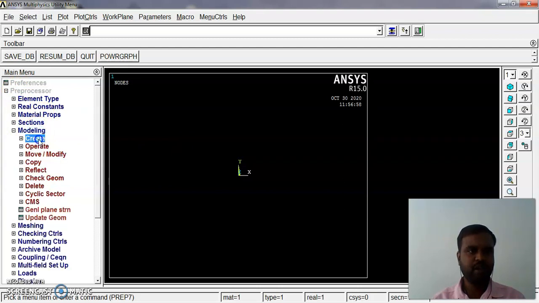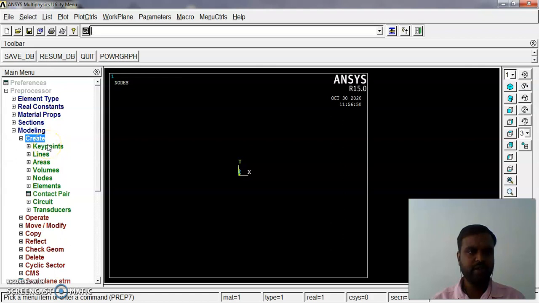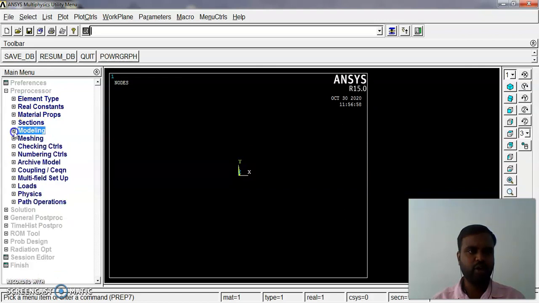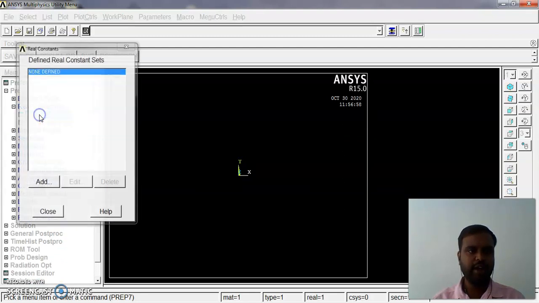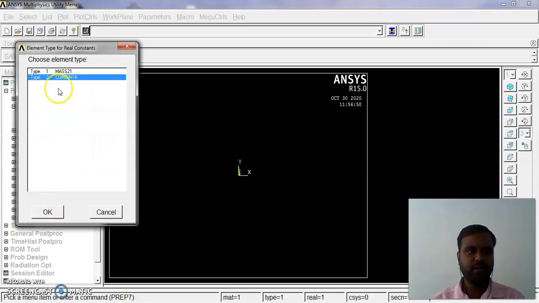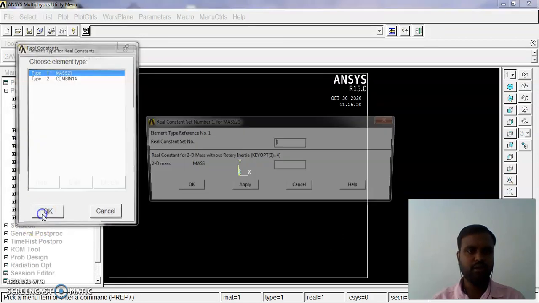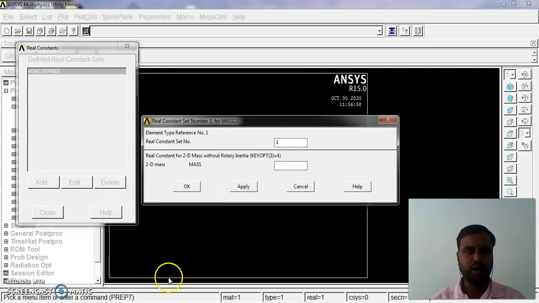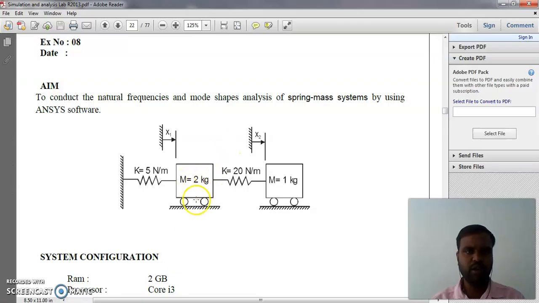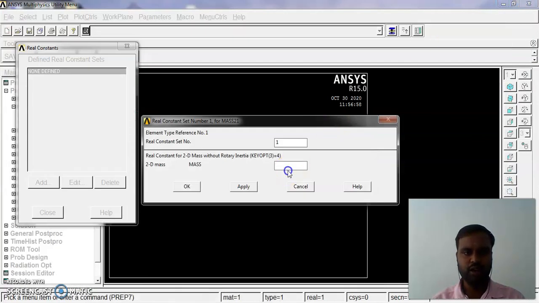Modeling, create. Before modeling and creating, you have to assign the real constants, the mass value and stiffness value. You go to real constants, add, type mass, click it. You have to enter the mass value. What is the first mass value? It is 2 kg, so I add 2 kg.